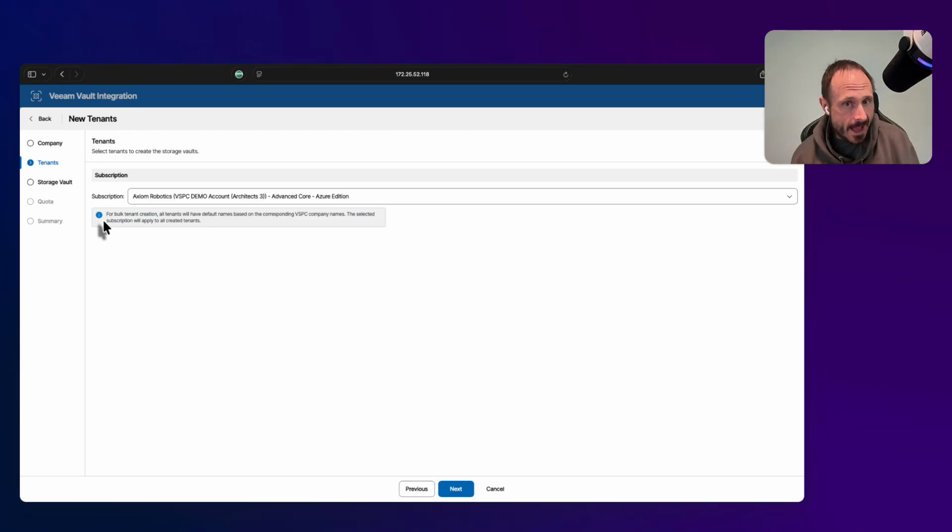So this is faster, but it takes away a little bit of choice. If you can live with that and you want to just get this going, I could have 100 different companies create tenants in bulk, create vaults in bulk, all with a few clicks, right? You just have to remember that the way it looks in your licensing and some of the choices that are